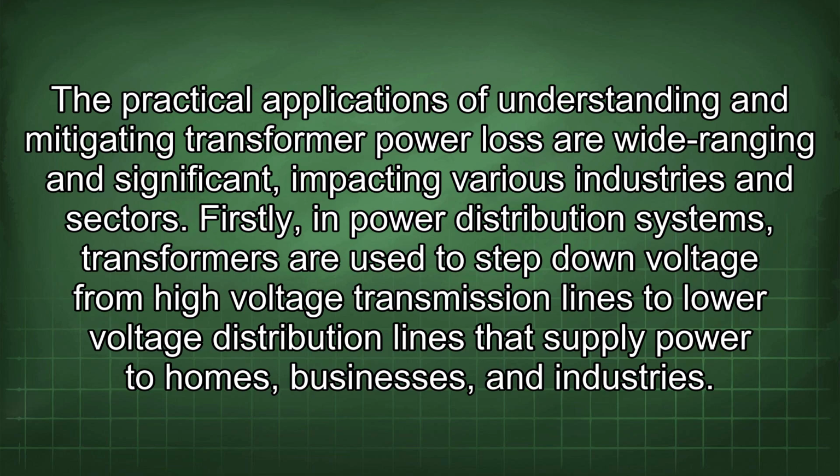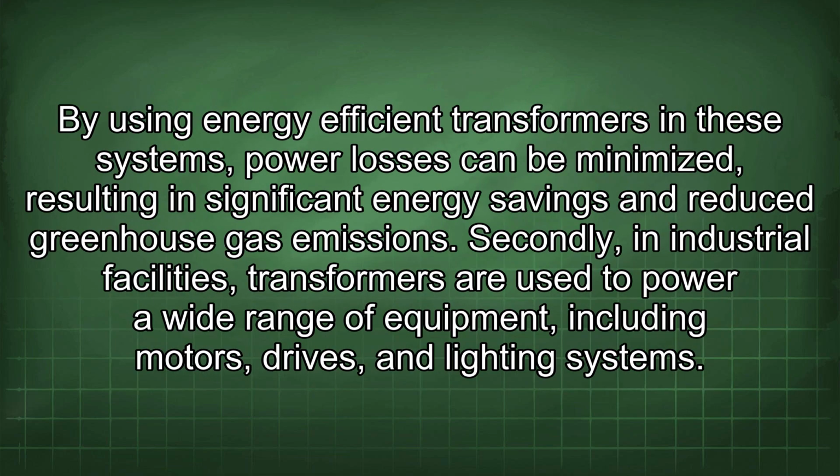The practical applications of understanding and mitigating transformer power loss are wide-ranging and significant, impacting various industries and sectors. Firstly, in power distribution systems, transformers are used to step down voltage from high-voltage transmission lines to low-voltage distribution lines that supply power to homes, businesses, and industries. By using energy-efficient transformers in these systems, power losses can be minimized, resulting in significant energy savings and reduced greenhouse gas emissions. Secondly, in industrial facilities, transformers are used to power a wide range of equipment, including motors, drives, and